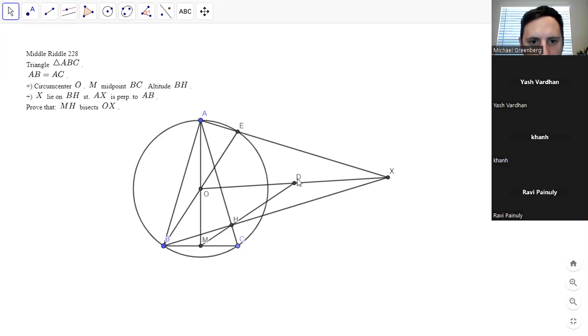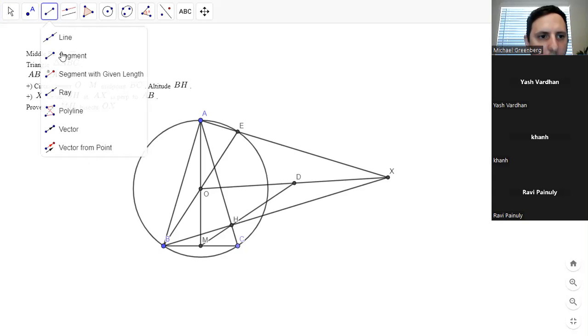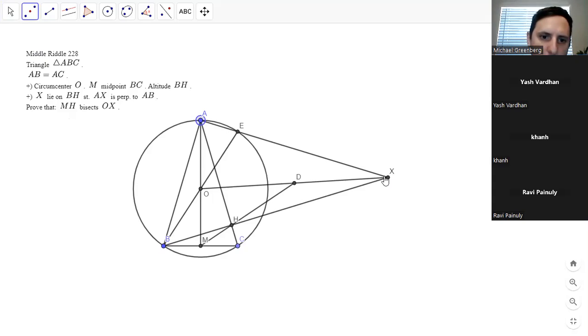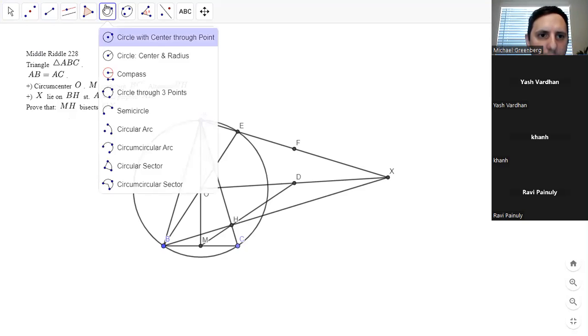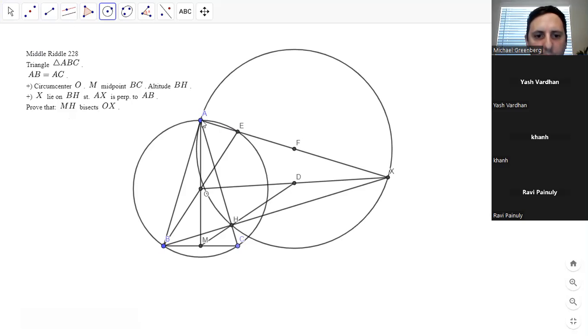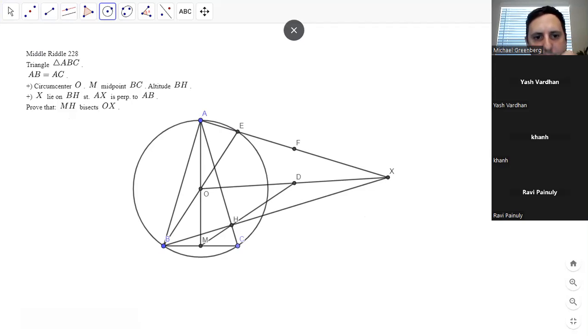Is there any other midpoint we could try to use? So we could take the midpoint of AX and we could try to show that, so obviously F is the circumcenter of AF. We could try showing FD is parallel to AM, which is the same as saying that FD is perpendicular to BC. I don't know how helpful this is, but